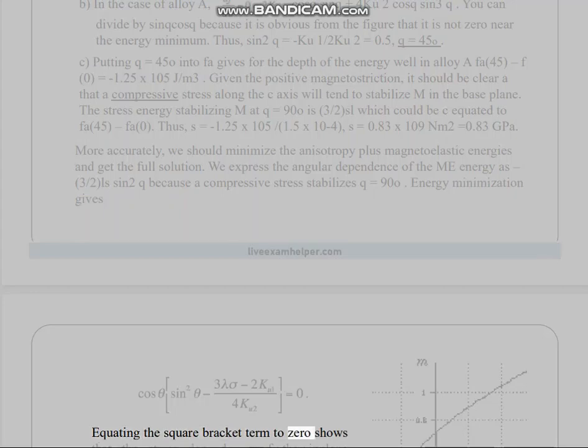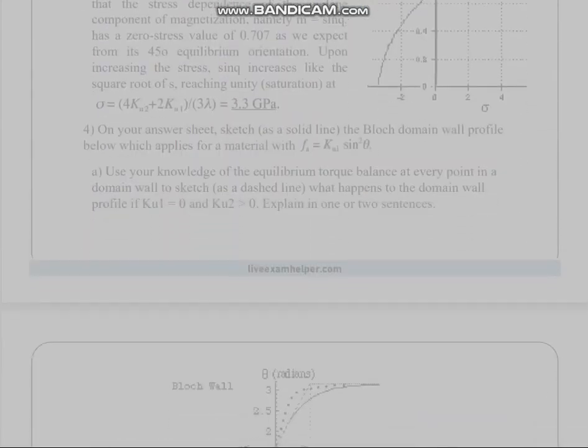Equating the square bracket term to 0 shows that the stress dependence of the in-plane component of magnetization, namely M equals sin theta, has a zero stress value of 0.707, as we expect from its 45 degree equilibrium orientation. Upon increasing the stress, sin theta increases like the square root of sigma, reaching unity, saturation, at